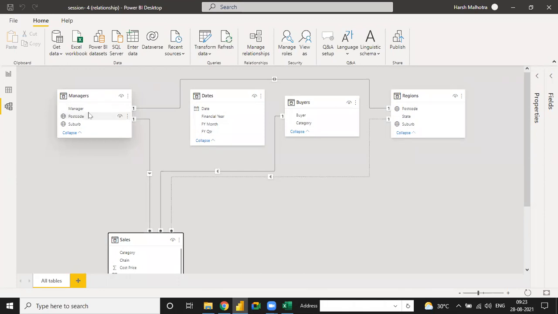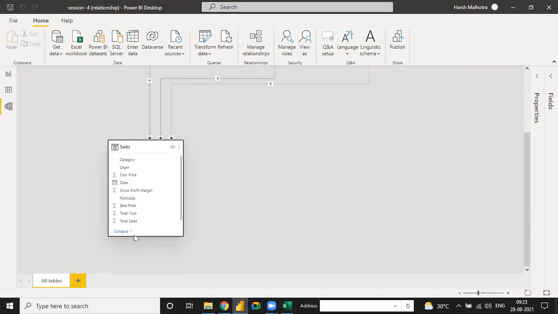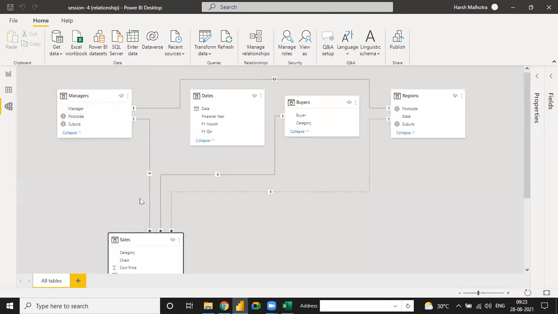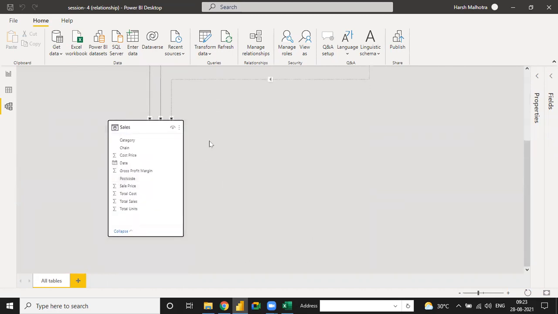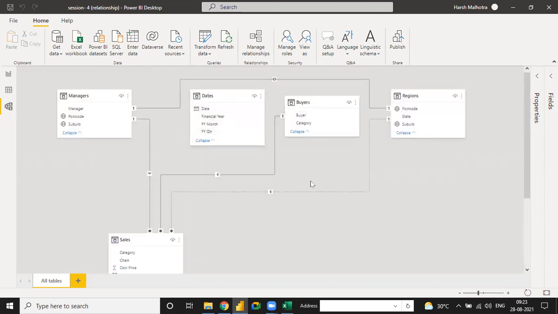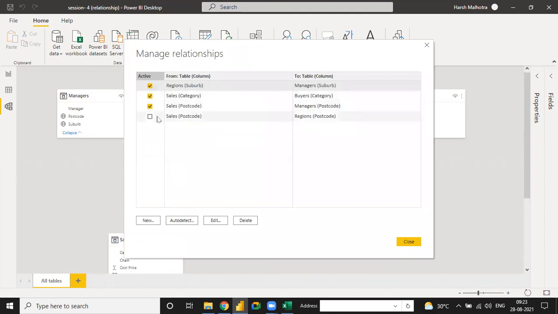Okay, but in the sales table we have multiple records relating to one of the states or one of the categories. So that is the reason we connect the sales table with the dim table. And how do we connect the sales table and dim table? You have to connect over here and go to manage relationships. Okay, see, we have three relationships already.